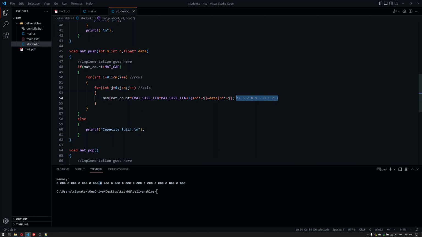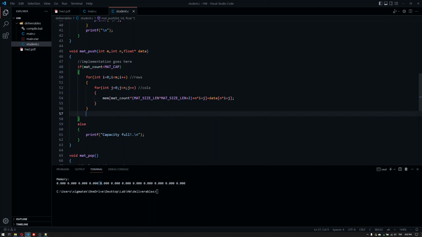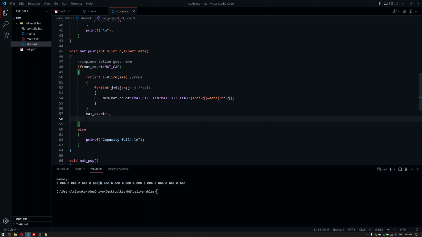So therefore, I'm just erasing the whole offset thing here. But other than that, I would access the local data memory here using n times i plus j, because that's basically the movement of the matrix elements. But here we will just have an offset. So once we have done that, we have actually copied the whole data, but we didn't notify our mat count here. So once the for loop is over, we can increment the mat count because we have added one matrix to the memory. But still, we have to add something more,